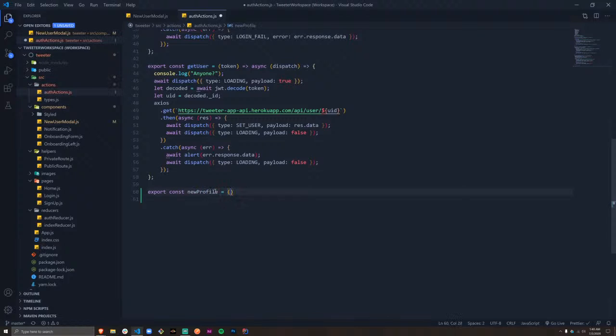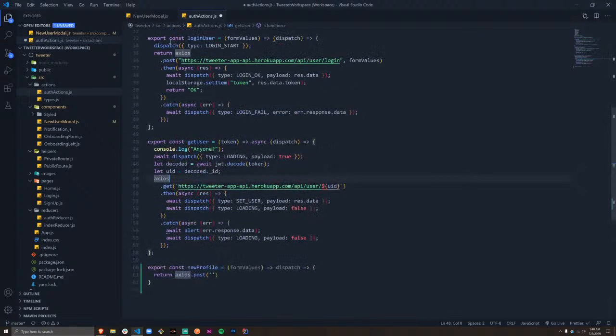We want to pass in form values, dispatch, and we want to return axios.post. We're going to be posting to